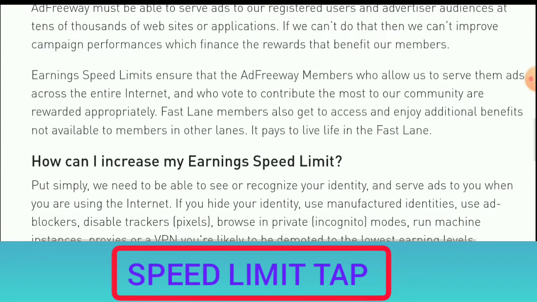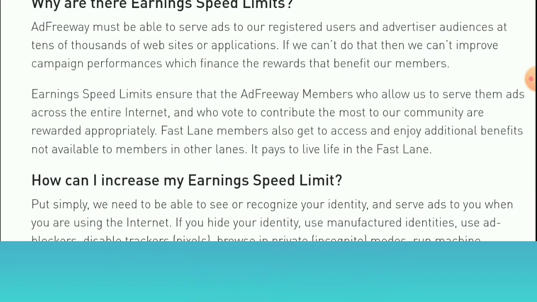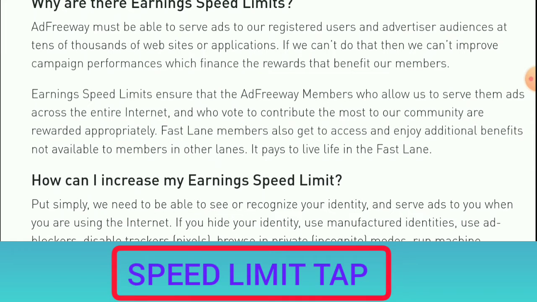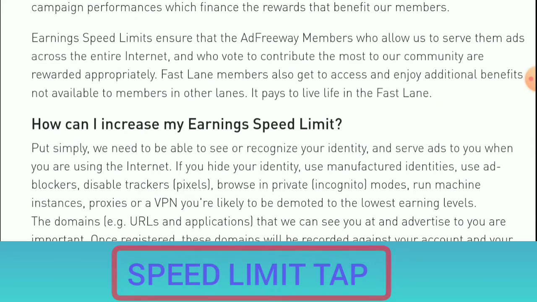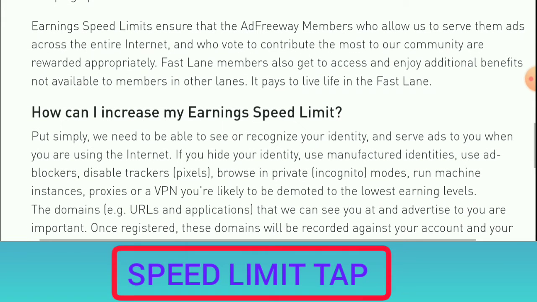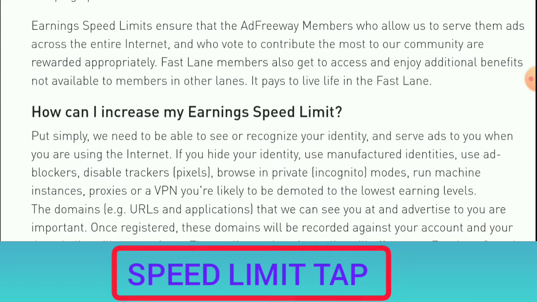So they say if they don't run ads and campaigns, they won't be able to pay us. I guess that is why they said they don't have stock, maybe because advertisers are not there, or perhaps it's the speed limit that you are in.